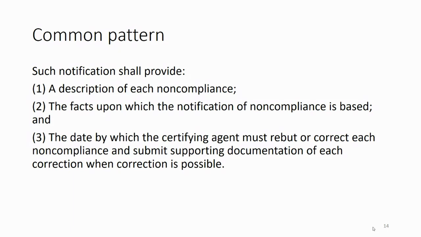So we have a notification that is characterized based on its content. So a notification shall provide a description, let's say, of a non-compliance, facts upon which the notification is based, and certain other properties. So applying the syntax as just introduced, we'll find that we have the notification that shall, meaning the deontic is implied here, provide, it's the constitutive function, certain properties, content. And those are, of course, annotated as the property components.